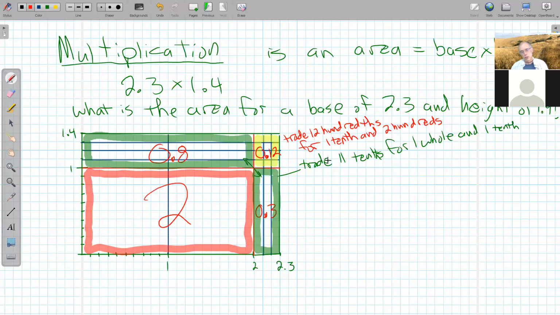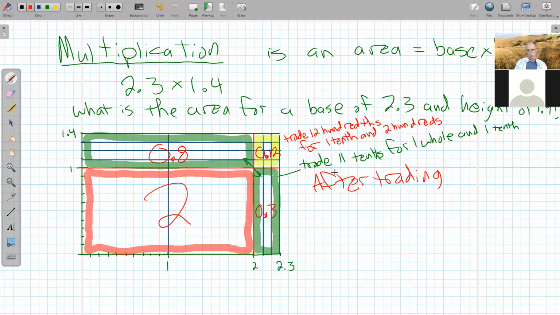And those trades should mark any place I carried a digit to the next place value over, and we want to show that in either the expanded algorithm or the standard algorithm. But let's finish cleaning this up. So altogether, after the trades,